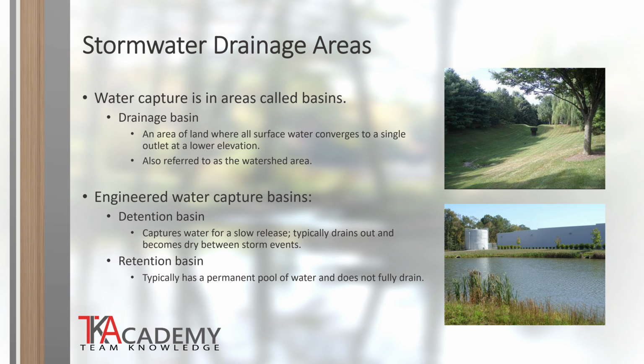It should be noted that water rights differ across the United States. In the eastern part, typically there are riparian rights, which basically state that for any water that flows past your property, the individual that owns that property has equal ownership to that water. However, in the West, water is a less common resource and access to water is considered a public right. No one individual has the right to store or claim water. In these states, it is illegal to have retention basins because that would be essentially taking water as your own and storing it on your property. This would be the case in Colorado, where detention basins are permitted, but retention basins are illegal.